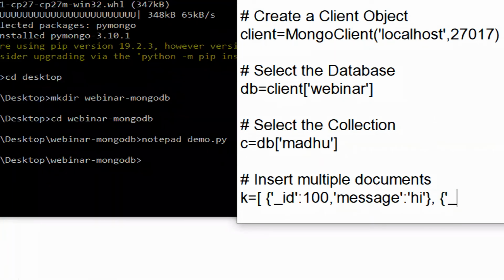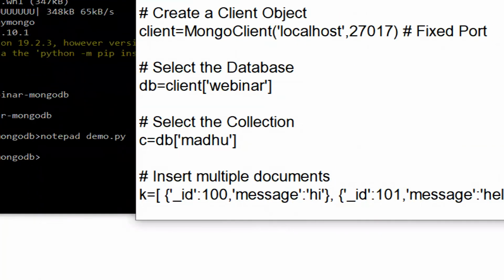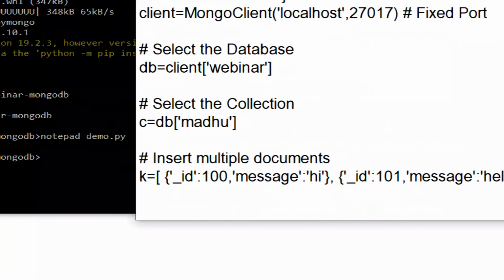One more document here: _id: 101, message: hello. Say there are two documents here.